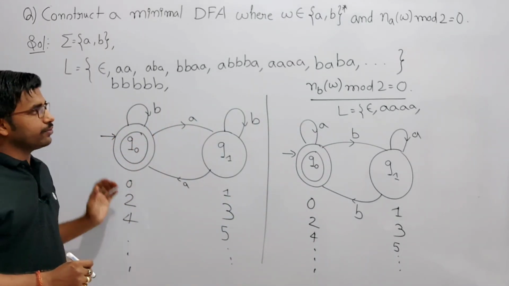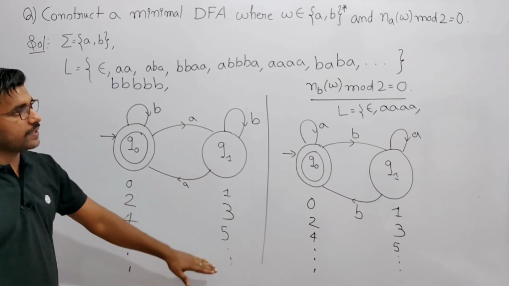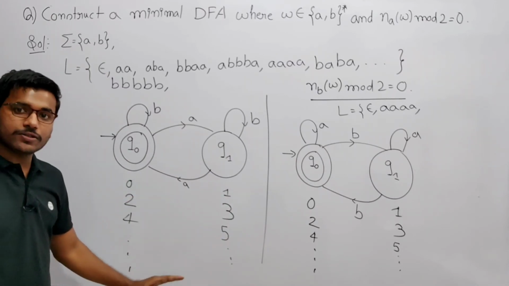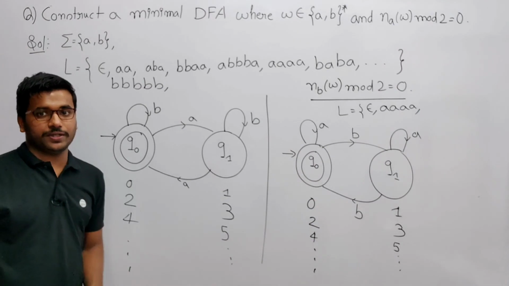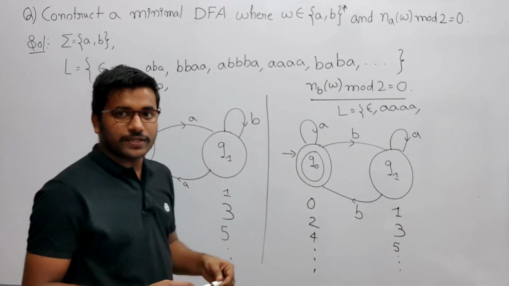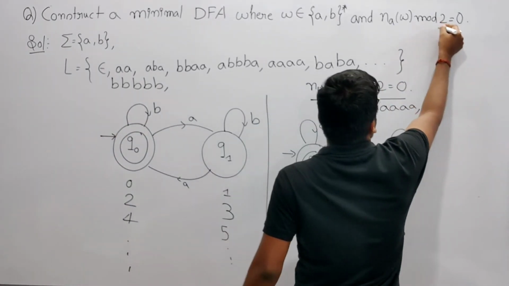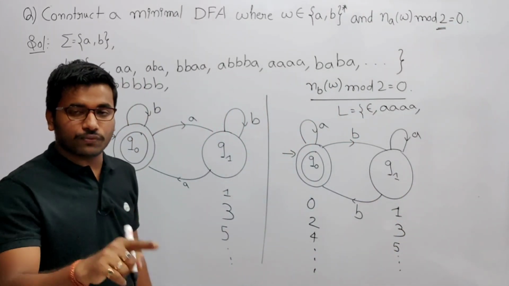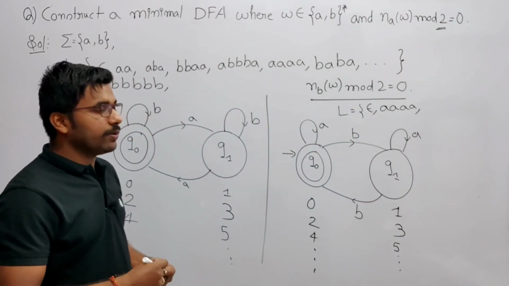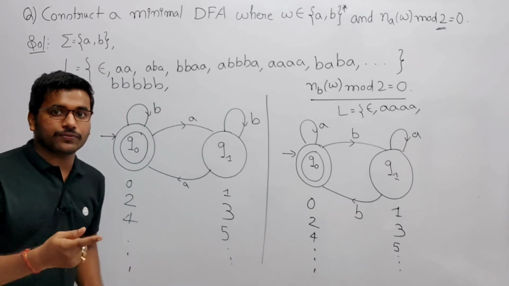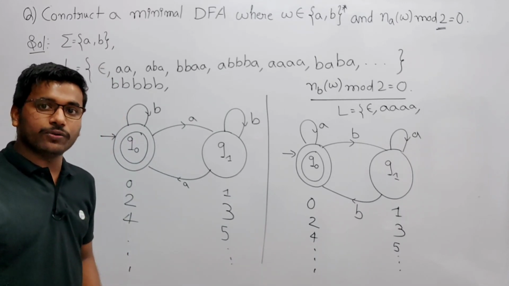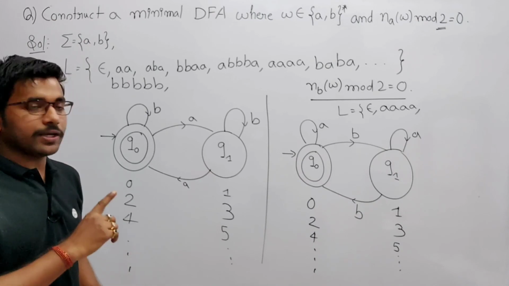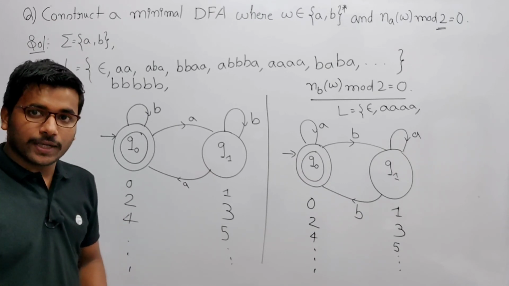So this kind of question they can ask in your GATE exam, and they will ask what is going to be the minimum number of states. The minimum number of states you will get is whatever the number is. If it is 2 you require 2 states, if 3 then 3 states, if 4 then 4 states, because every state is going to indicate a remainder, and whatever the number is, that many remainders you will get.